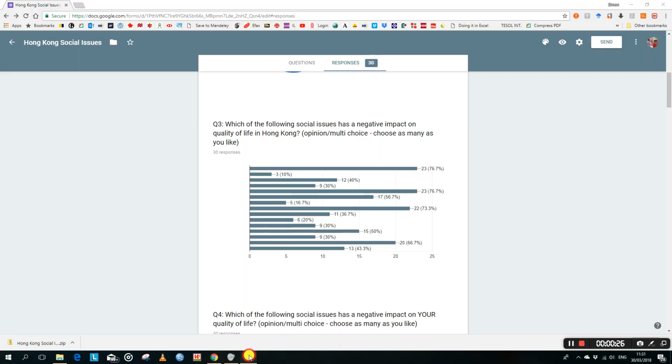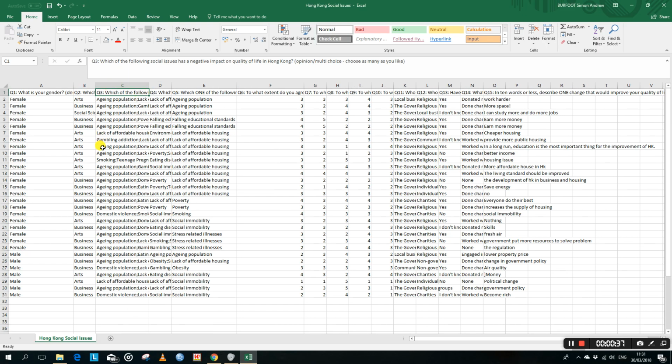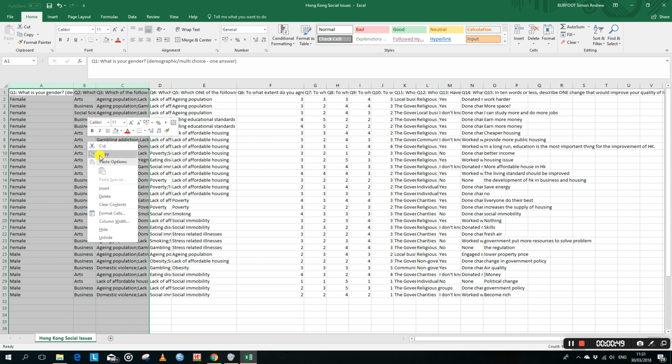So for this one, we go back to our spreadsheet. We're going to analyze it. That was question 3. So we'll be looking at the data in this column. Now, this one, you have to do something a little bit different with the analysis. I've got them sorted according to gender. For this one, I'm going to copy my data